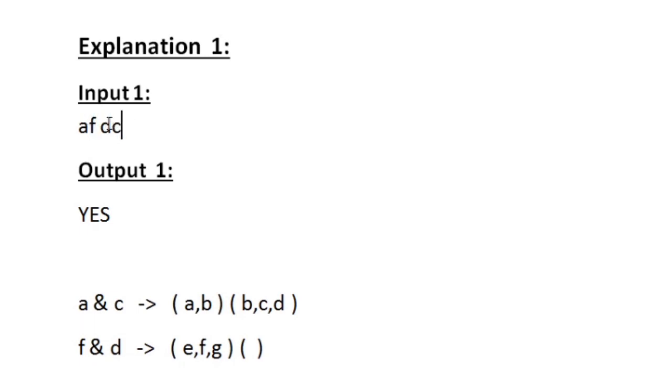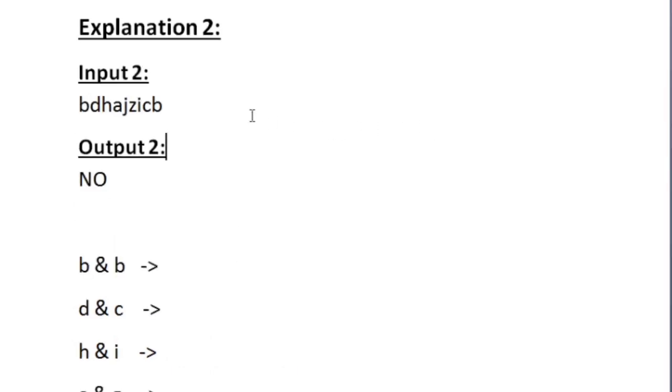Now we take the second from last, D. D can be toggled into C, the previous character, then D, the character itself, and then the next character is E. Now again we have to find whether there is any character common between these two sets. So E is common. So while checking these two characters, we have the character E common. Now there are no more characters left to check, and we are able to form a palindrome. So we are printing yes as our output.